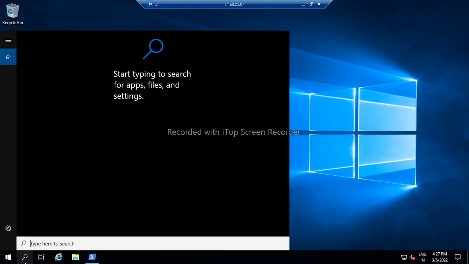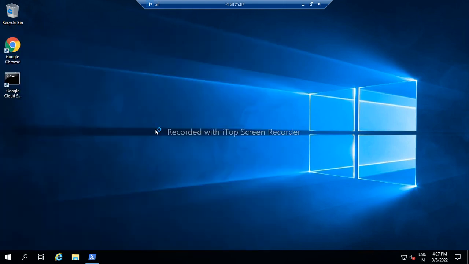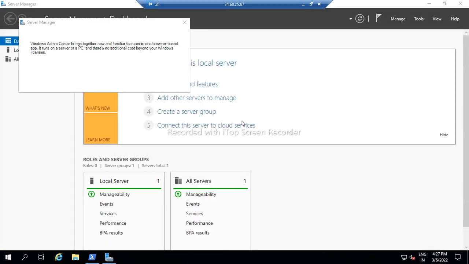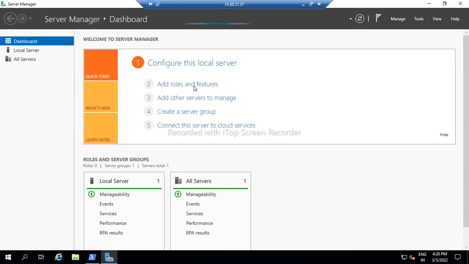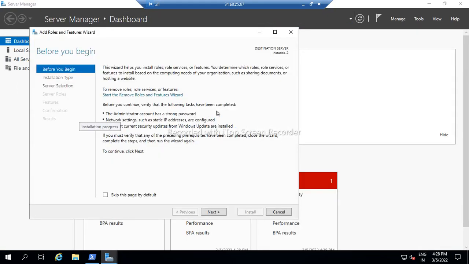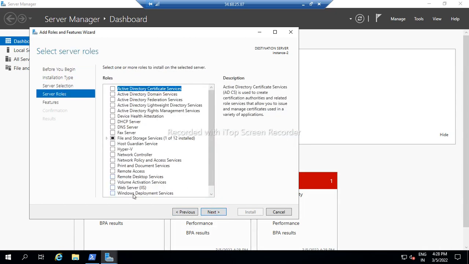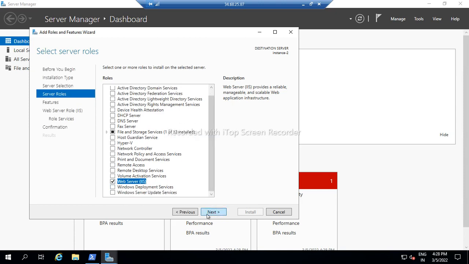Okay, go to the server manager, add roles and features. If you want to install any application on the Windows server, you have to select this server manager option. We are selecting IIS web server. Next,